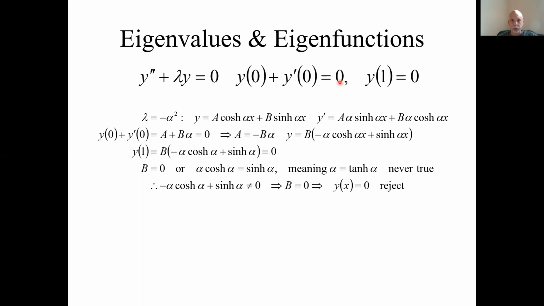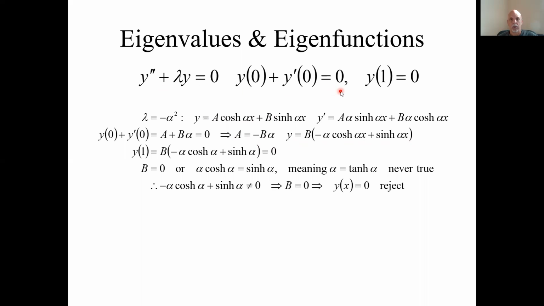So let's look at this first boundary condition. The sum of those two at the argument of 0. When x equals 0, cosh is 1 and sinh is 0. So this sum will just be a plus b alpha. That equals 0. So we have a relationship between the two arbitrary constants a and b. So a equals minus b alpha, which gives us this surviving solution that satisfies the equation and this first boundary